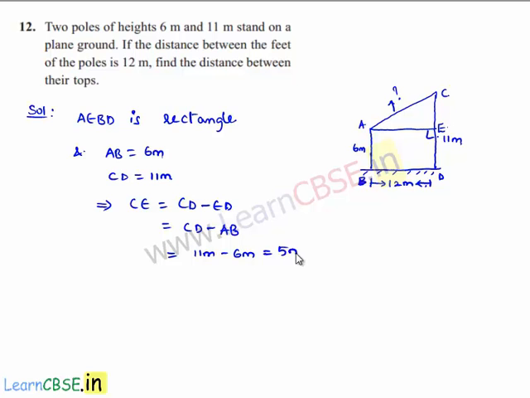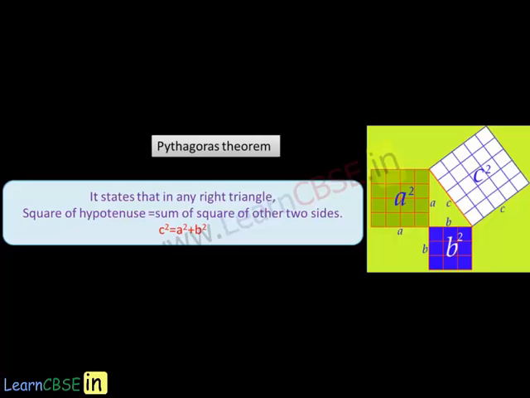So finally we get CE is equal to 5 meters, and also we get AE is equal to BD, as in a rectangle the lengths will be equal, which is nothing but 12 meters. We know that AEC is a right angle triangle. Therefore, by applying the Pythagoras theorem in right triangle AEC, we get